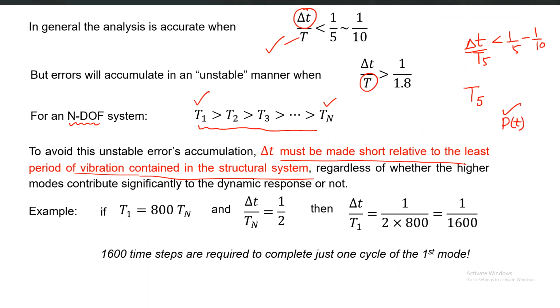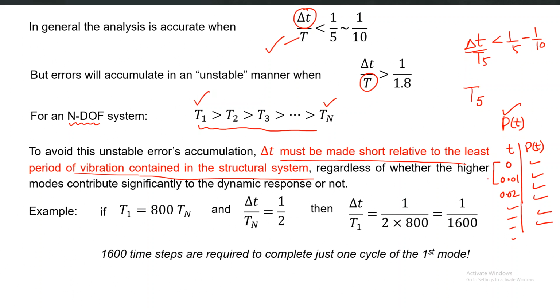This delta t is sometimes also governed by the p of t force vector, because sometimes this p of t vector is numerically defined. It is not a mathematical function representing the force. Sometimes it is a numerically defined force vector, like t and p of t for different time increments, 0, 0.01, 0.02, with values defined numerically for some amount of time. In that case, delta t will be governed by the delta t of the numerically defined force vector p of t, but it should be small enough if we have to avoid the accumulation of error